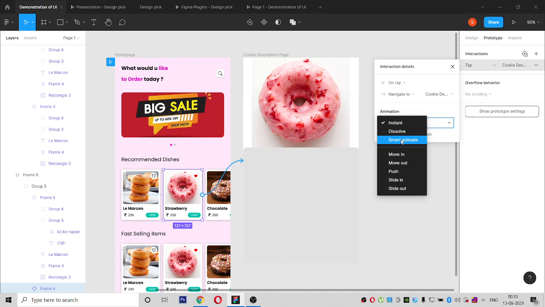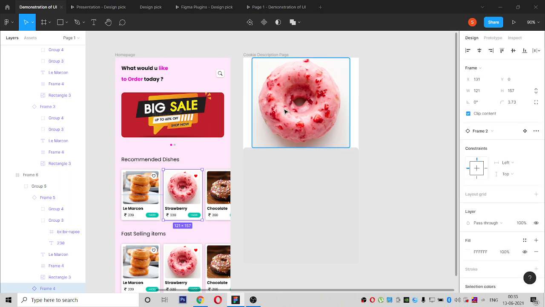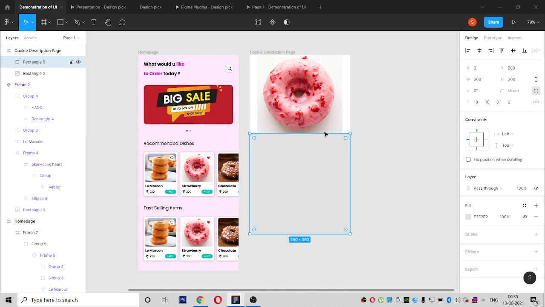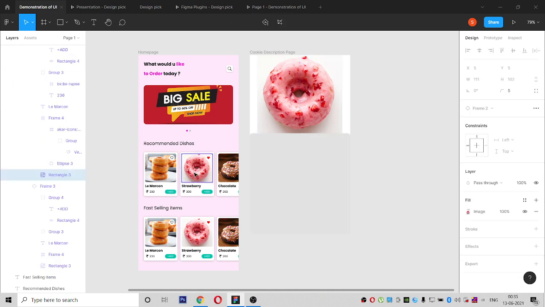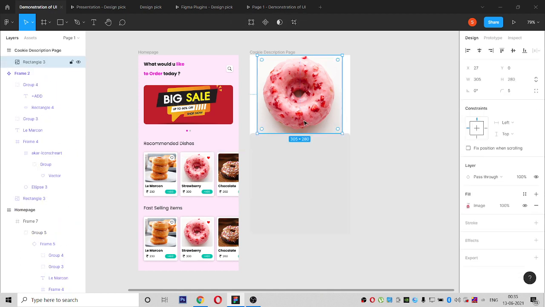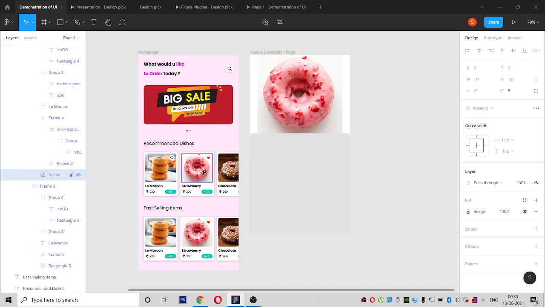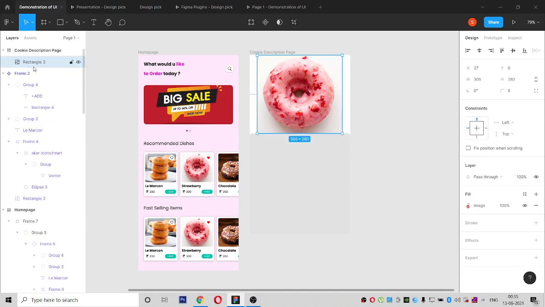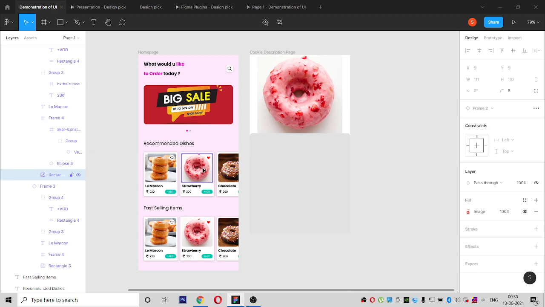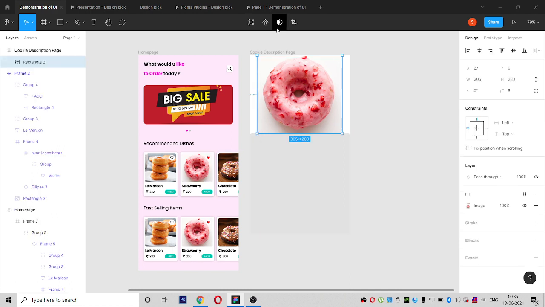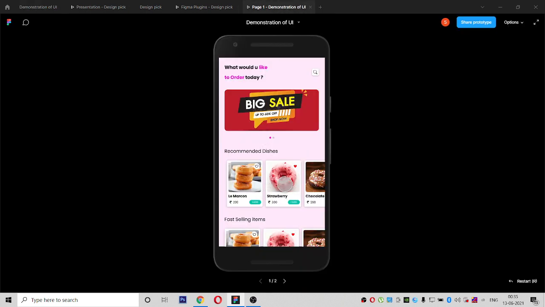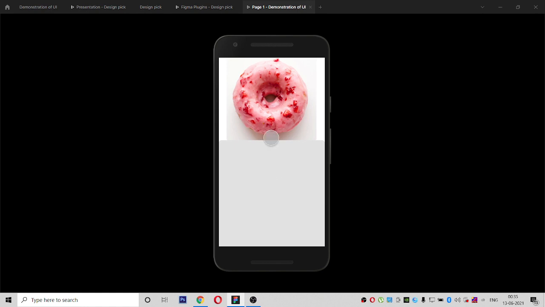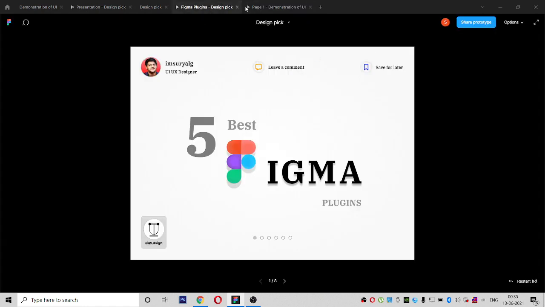So let it be smart animate, and when it is shown, this image is coming here, correct? We have taken this image, rectangle 3, and here also rectangle 3. So while smart animating, from this image it will zoom out and go. I will show you on the screen. It has gone up, correct?